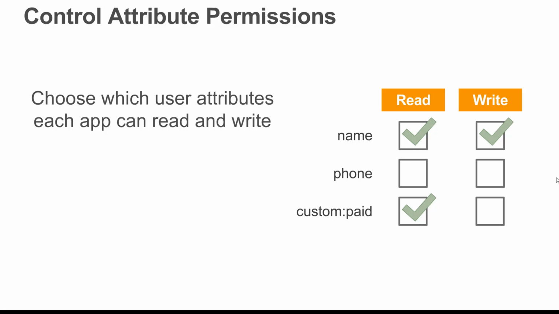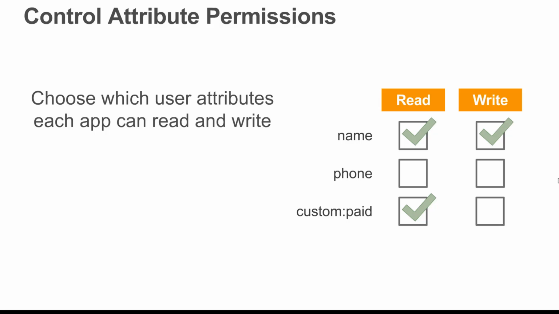So now in this example, you're determining whether or not a user is a paid user, and you can read that attribute on any app because you'd want to customize the experience depending on what kind of a user they were. But here you're restricting the write access so that this app cannot write to that attribute